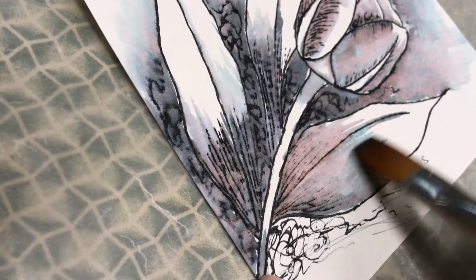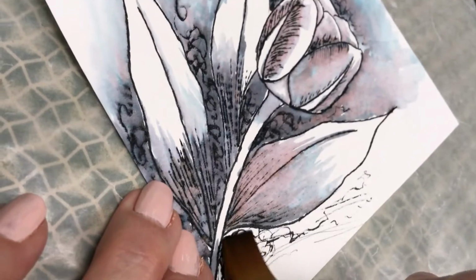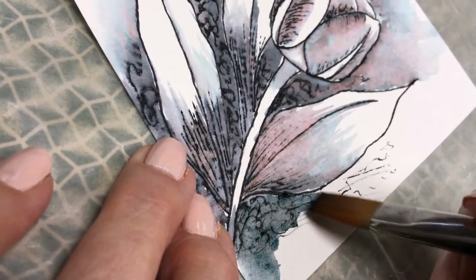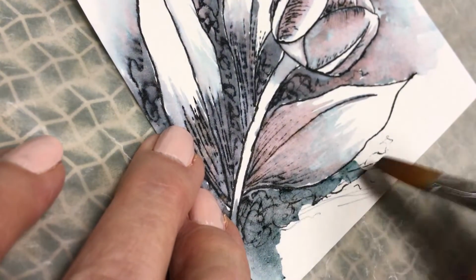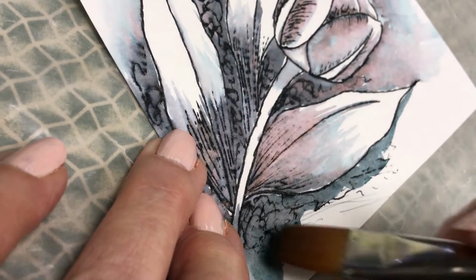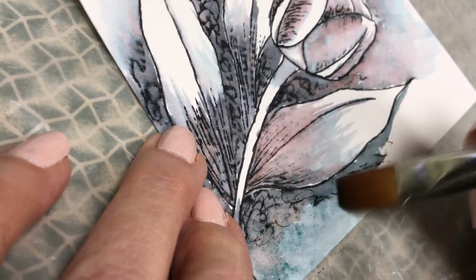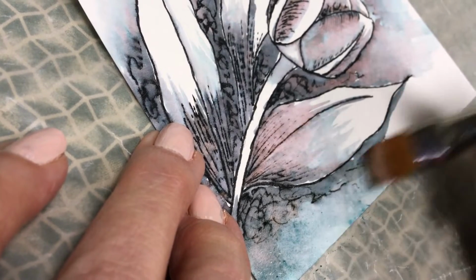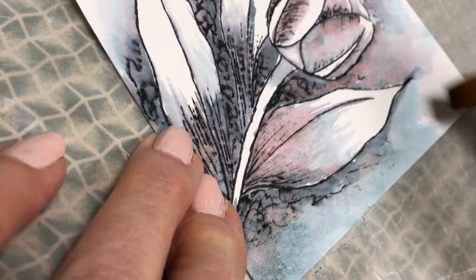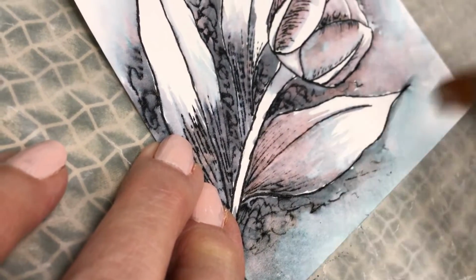Even though it's pink, it's still going to be pretty once we add our paint colors. And one last time, again, over into my squiggles, I'm going to pull this color down from the lower edge of my leaf. I'm not going to pick up any more water. I'm just going to use what I have in my brush and what I have on my paper and let that soften out into my background. If you don't want that much